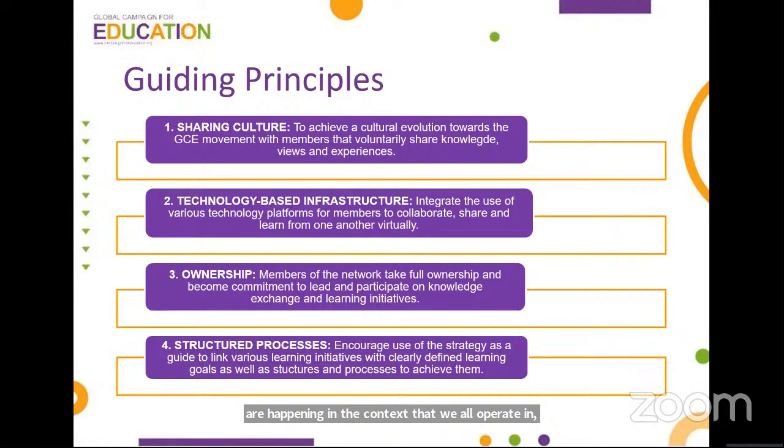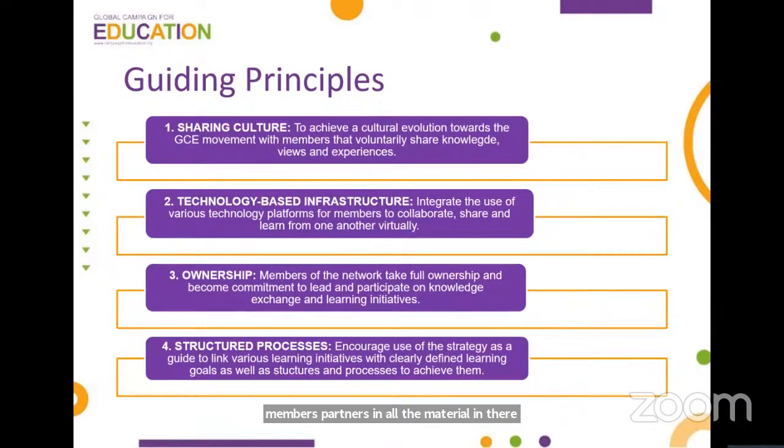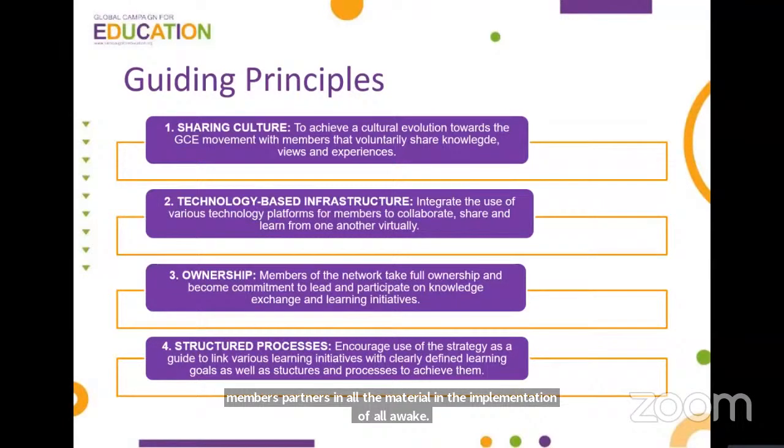And then the third principle relates to the need to take the full ownership and for all members to be committed in terms of delivering and taking part in learning initiatives. And I think that's one of the most critical principles, and the demand of it will be very critical if we really want to see the success and the full adoption of the Learning Hub and the achievement of the learning goals that we have outlined in the knowledge exchange and learning strategy. That is, if all members, partners, and all the key role players in the implementation of our work do take full ownership and are open and willing to share and open up their own